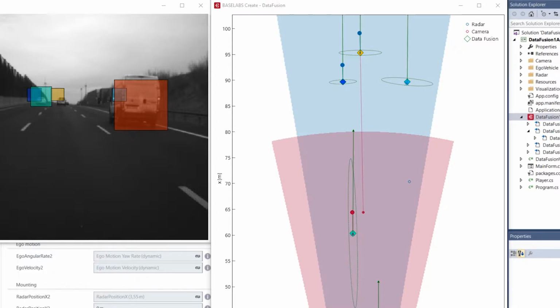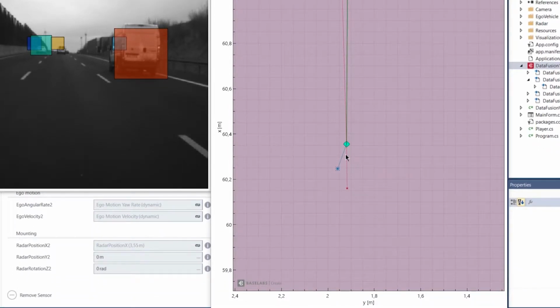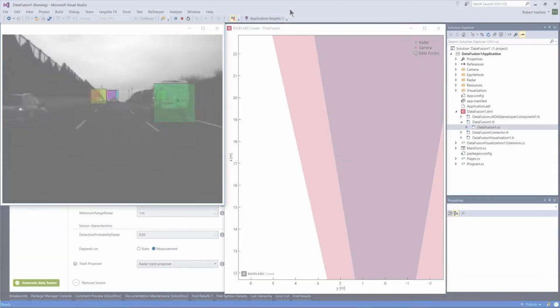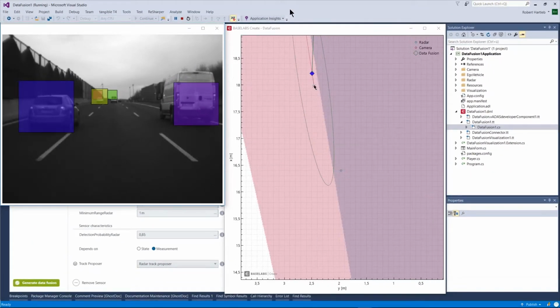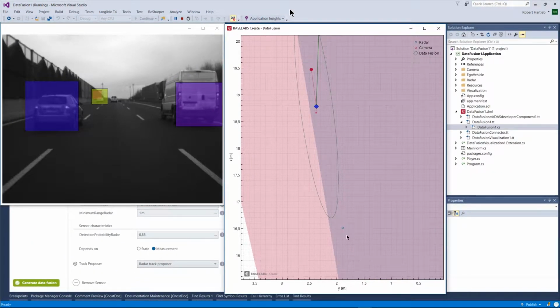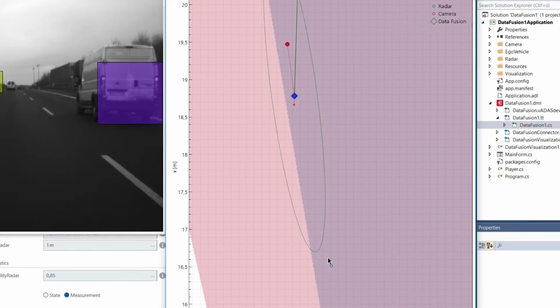The associated measurements are connected with lines to the track, and the predicted measurements are also shown connected with lines to the track. Now notice the vehicle overtaking from the left. If I zoom into the field of view, we see the camera measurement, which is then almost immediately tracked. Seconds later, the vehicle also enters the radar's field of view, and we see an unassociated radar measurement appearing. The radar measurement suspiciously lags the track by about 3.5 meters. That's the distance from the front bumper to the rear axle.